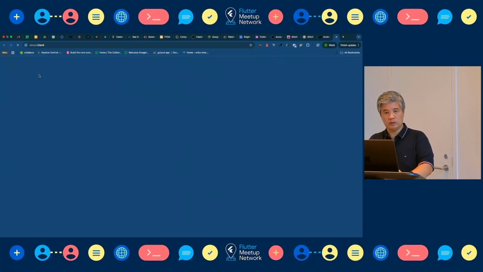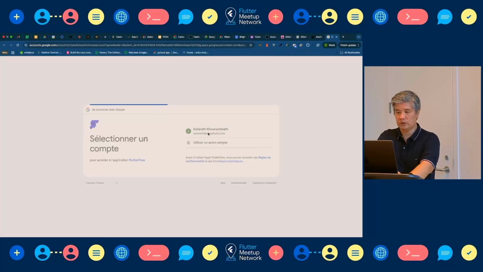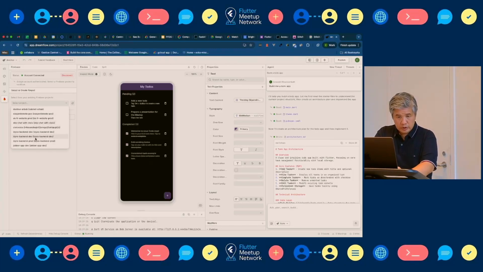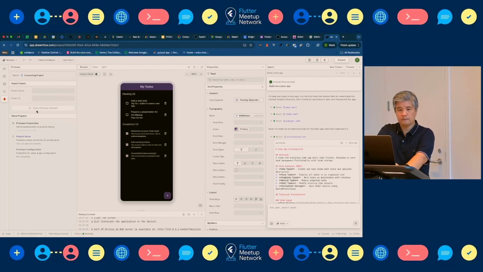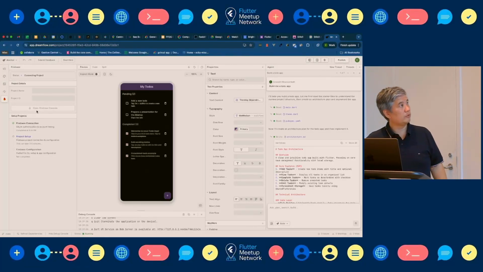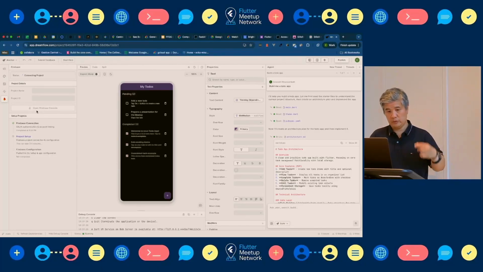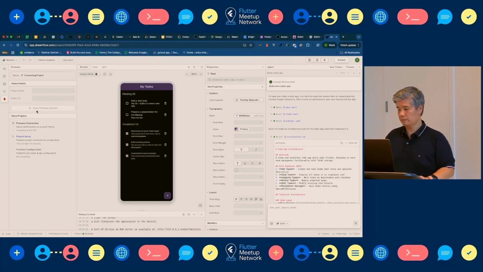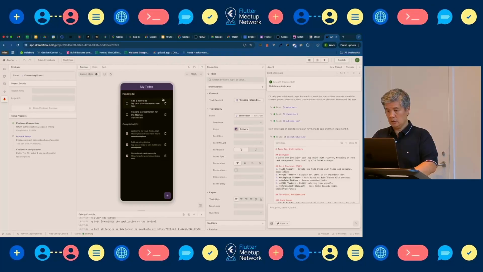So what we can do is try to connect our application with Firebase. Let me get a project that I already have. Let's take this one. You don't have to do anything. They are going to do it for you. It's going to connect directly to Firebase, set up everything and put the rest in the code. It's going to take some time, and during that time while it does all the things,